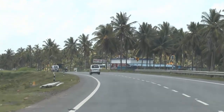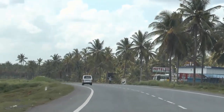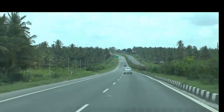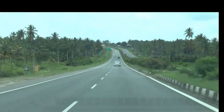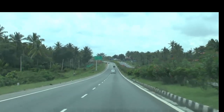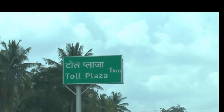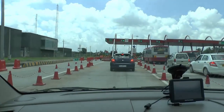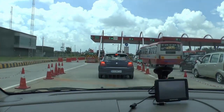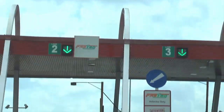This road is really nice. Coconut trees all around me, and the road is smooth. Road top speed is 80 kilometers per hour, and my car is running smoothly at 80 kilometers speed. This road has multiple tolls, and one is going to come. My car has FASTag, so no delay, just go from the lane and the toll amount will be deducted from